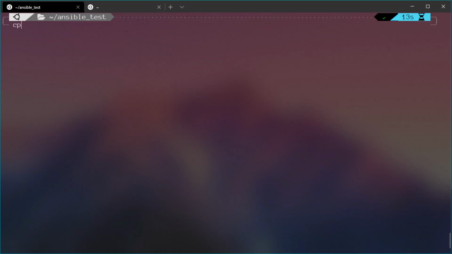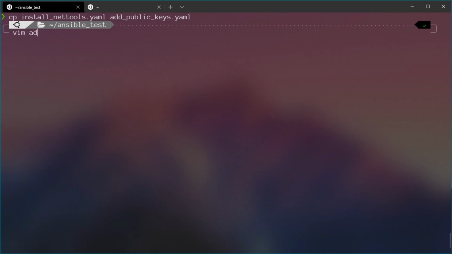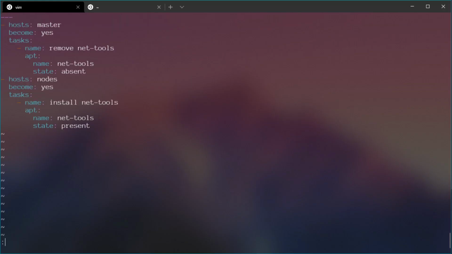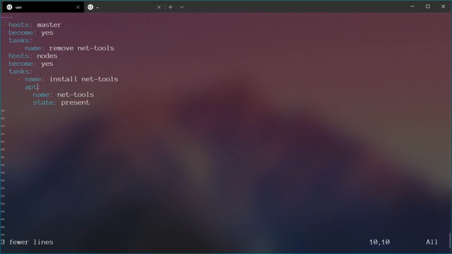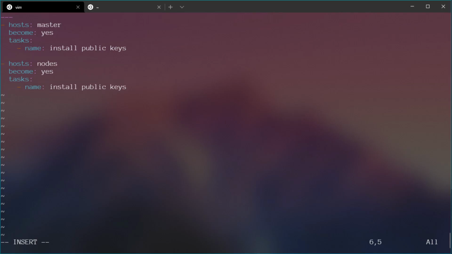Okay, let's now copy our playbook, install-nettools, to add-public-keys.yaml. And let's start changing this. So we don't need these three lines here, and we also don't need these three lines here. And we will change this here to install public keys. And we also change this here. Okay. So now we need to call the extension module we have just installed,